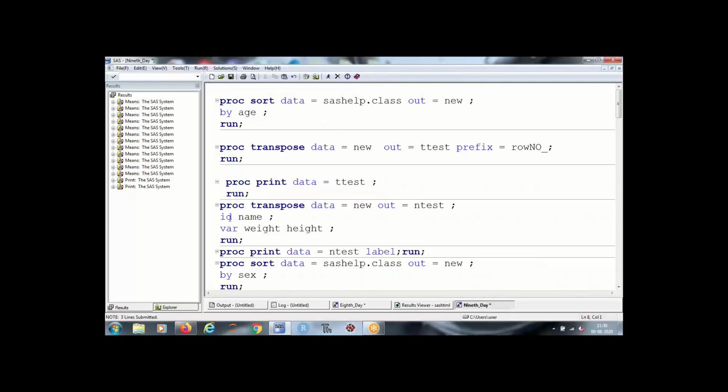You can use one more variable over here, ID. And in the where statement, again, you can control how many variables you want to transpose. For example, here by default, we have all three variables transposed. But you can control this with a where statement.